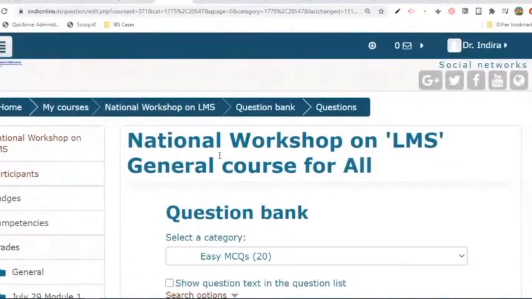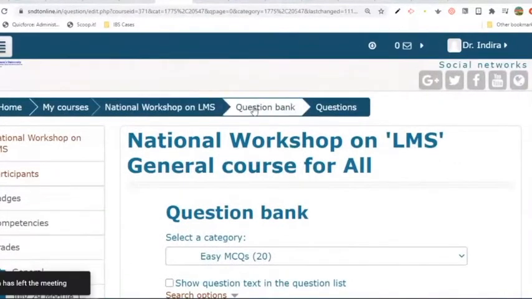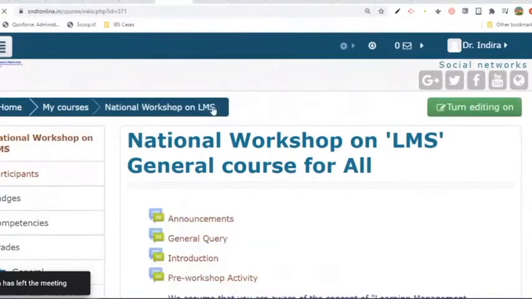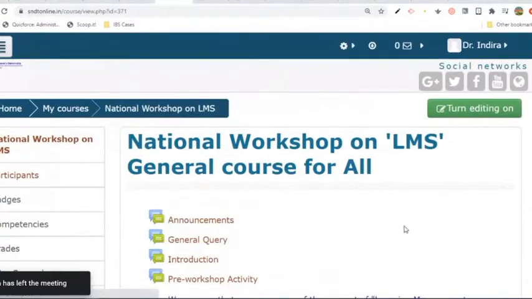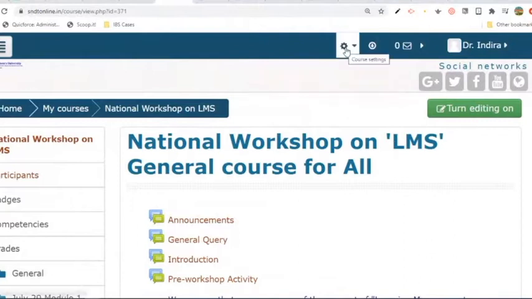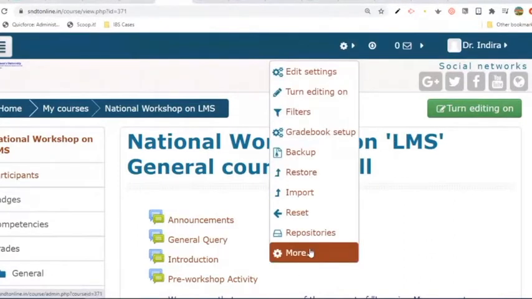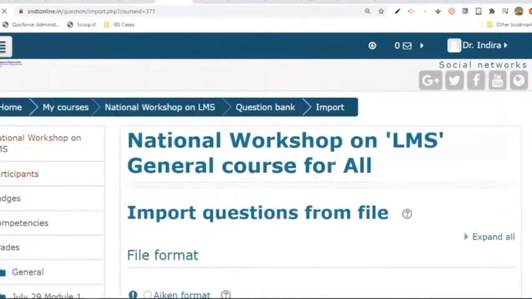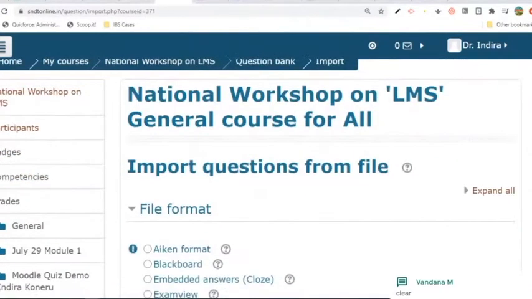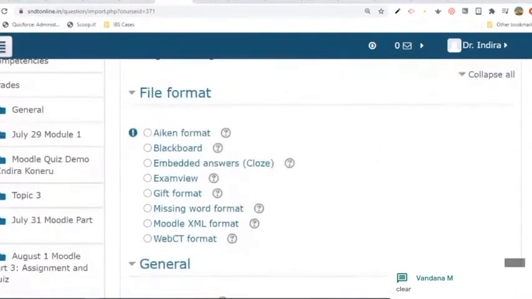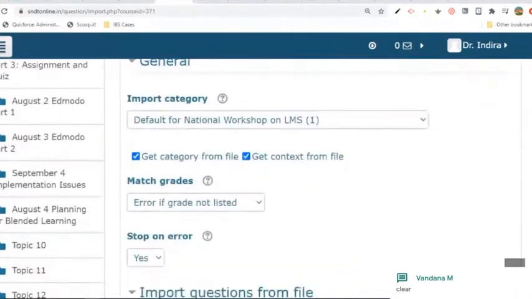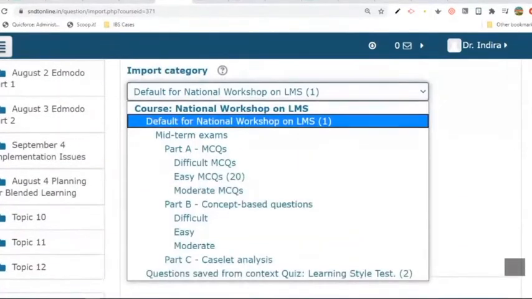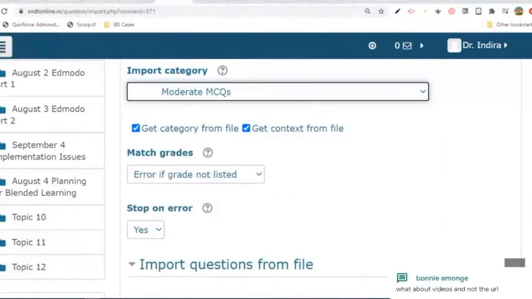How to import GIFT format questions. I'll also import moderate questions so that we can pick up questions from two different subcategories. I'll go to import, expand all, and choose GIFT format, and this time I'll pick under midterm the moderate MC file.